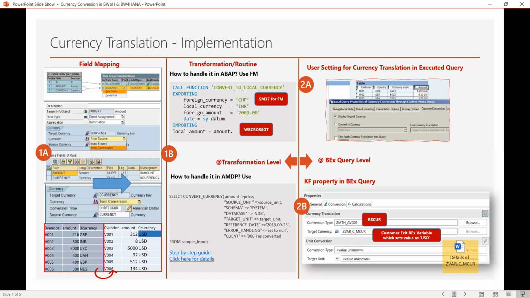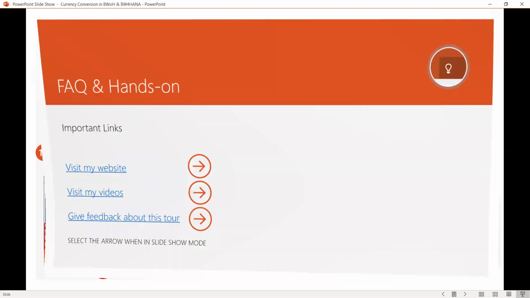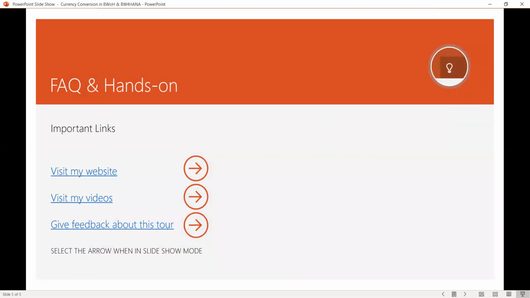If you select that conversion type, obviously the target currency will be automatically populated here. In this case it is a mixed query variable. That's all. Thank you from my end.